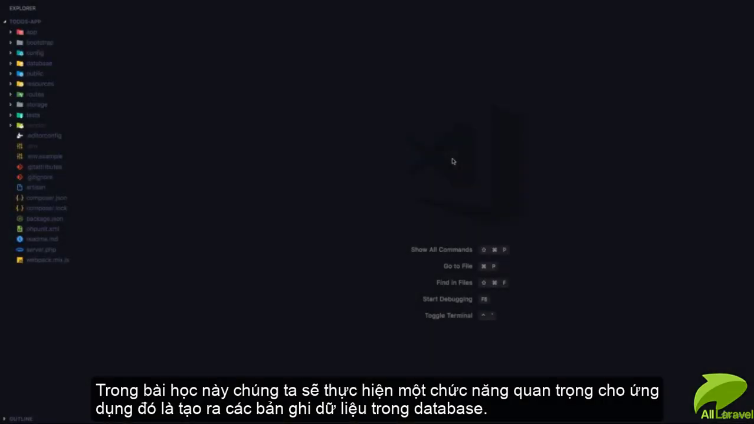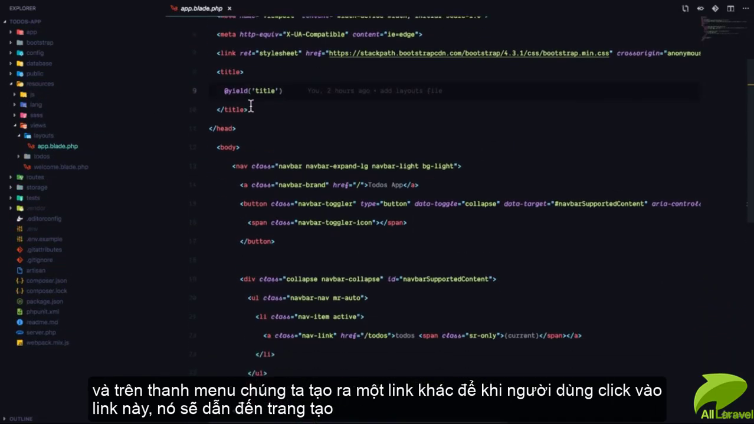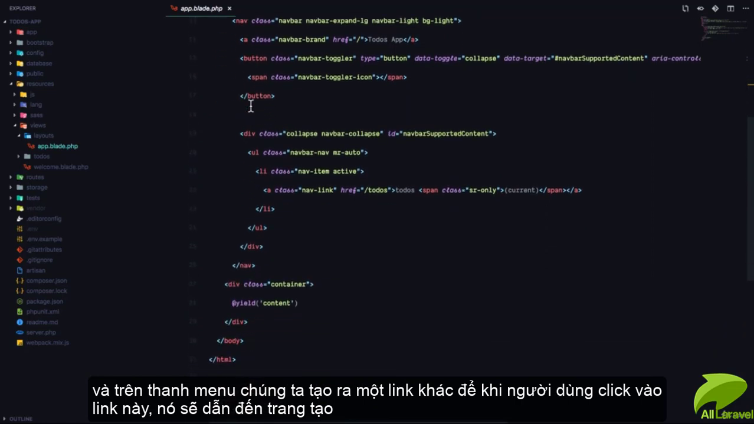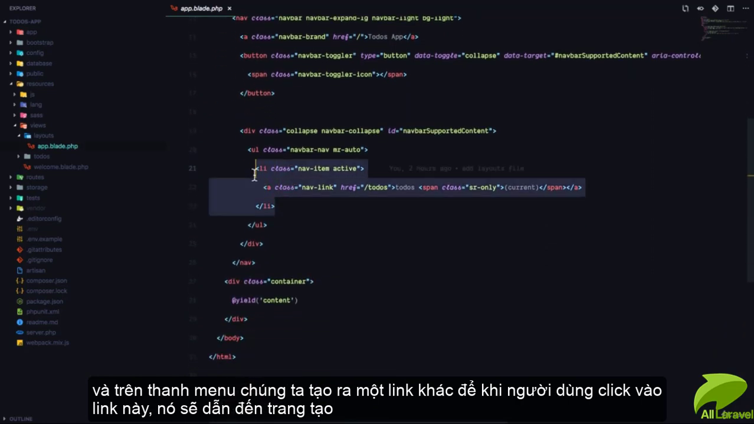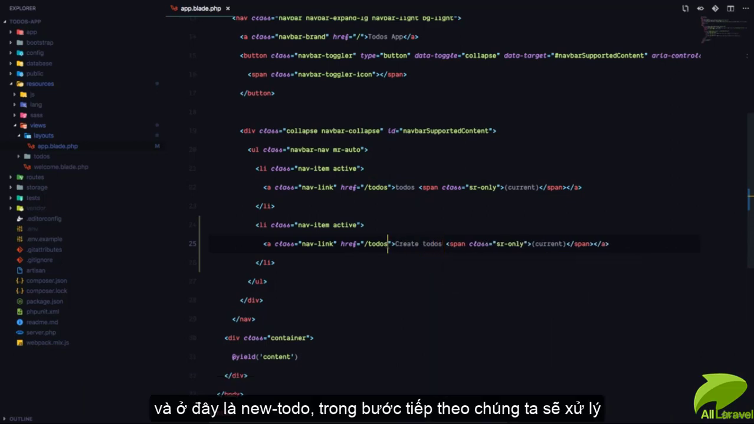In this lesson, we are going to implement the functionality for creating records into our database. The first thing we're going to do is go to resources, views, layouts, app.blade.php, and on the navbar, we are going to add a link so that the user can click to visit a page for creating a to-do. So I'm going to duplicate this list item, and this is going to go to the create to-dos page. So this is going to be /new-to-dos,